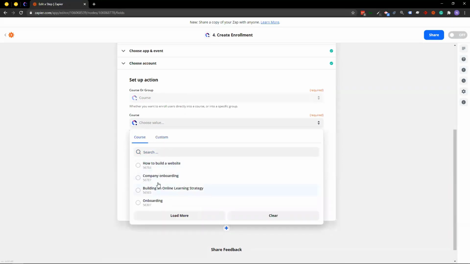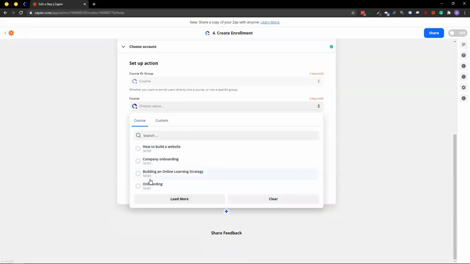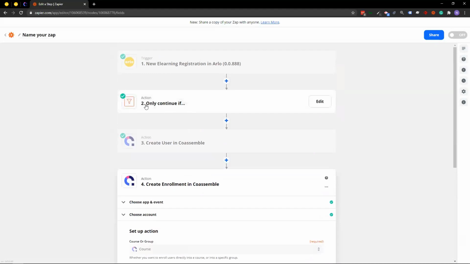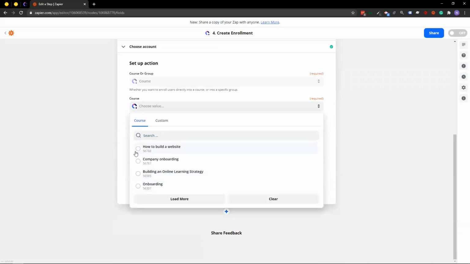So you can do one or two things here. Either I can specify exactly which course I want, and this is what we would consider a one-to-one mapping. So for one type of registration coming in, I want them all to go to one type of course. Or maybe within the filter here, I can say only allow people who have a certain course name or course tag or course code to proceed. So that's one way of doing this, but it's more economic if I can say, right, for any e-learning registration,